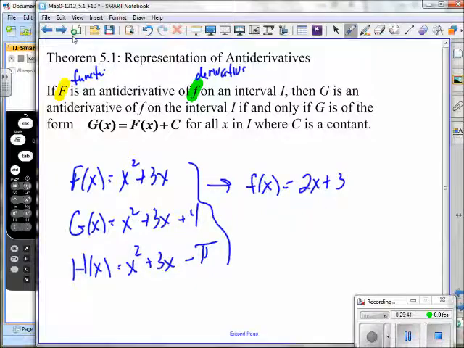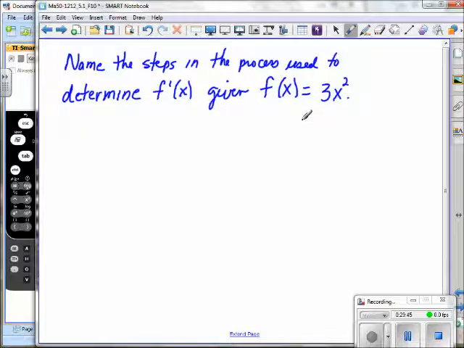Now, again, I'm not going to give you time to write every word down because it will be coming. Name the steps in the process. We've already done that. And the process to determine the derivative, we multiply the